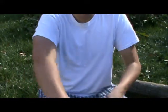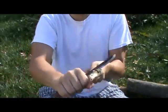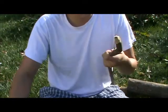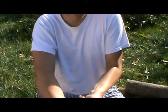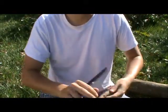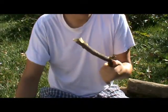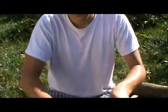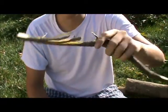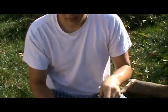Yeah, it seems to be doing just fine. Oh, got a knot there. Let's see if we can't slice through that knot there, huh? Yeah, cuts through the knot relatively well. Another knot here. No, not one to cut through that one. Let's try the other side. Yeah, it'll cut through it. So anyways, I'm sure you could feather stick with it and whatever you need to do. This is wet, so obviously it's not worthy of feather sticking, but